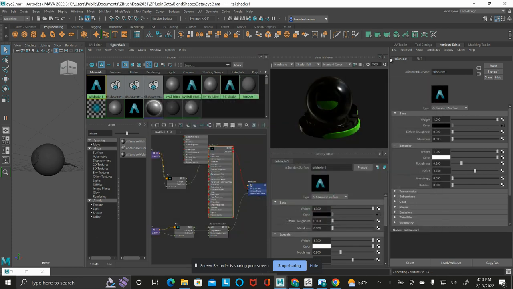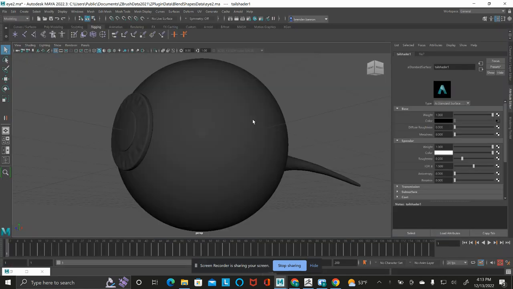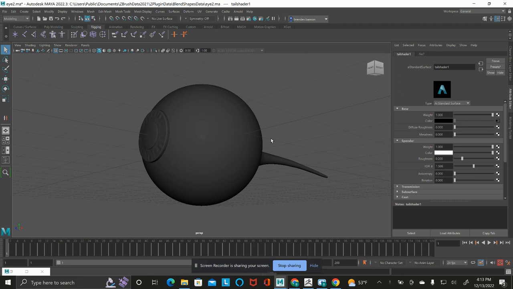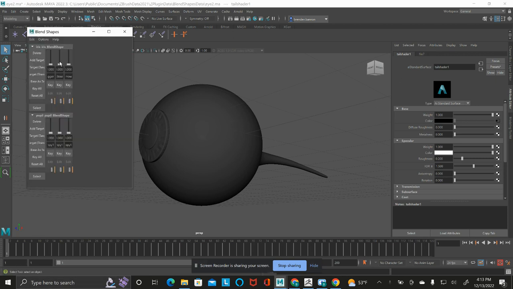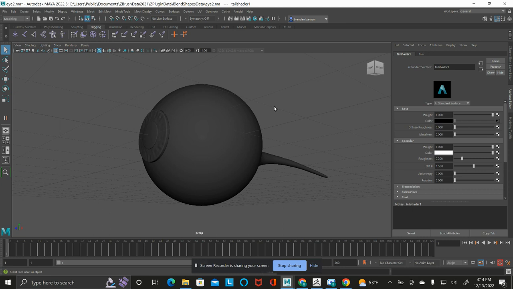close this out. Now let's look at what we would do to rig this. I'm going to go to my general workspace. And remember, we have our blend shapes here. I've already had them on. We did close. And I think this one is close. No, this one is close. Okay. All right. So we have that. We will do that. Let's first look at